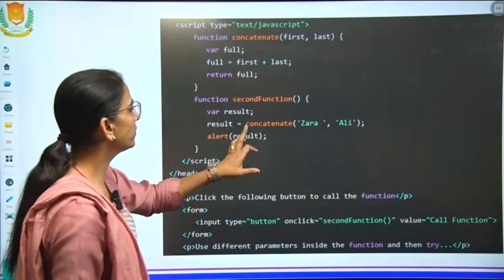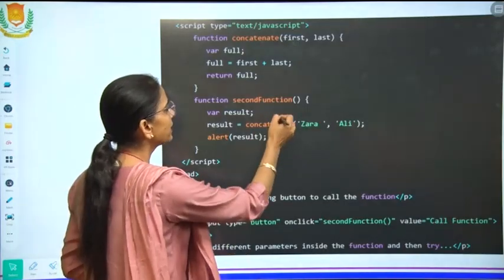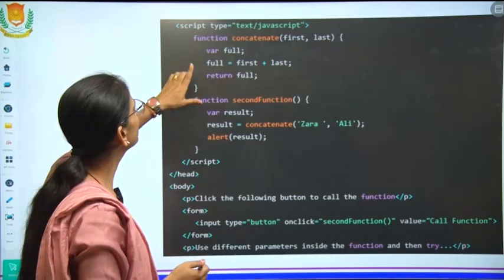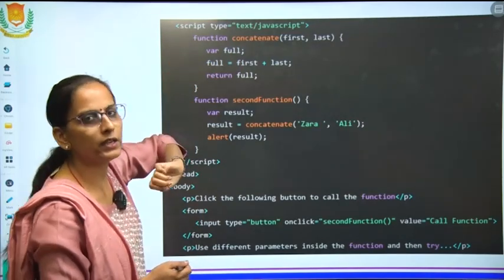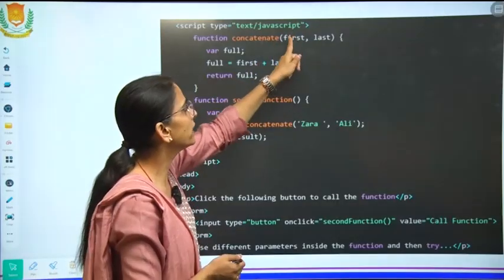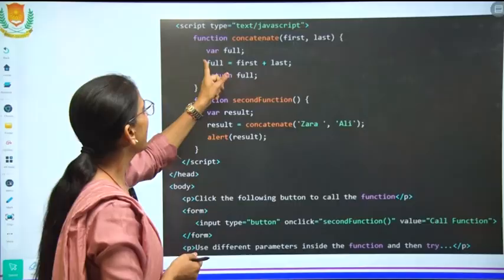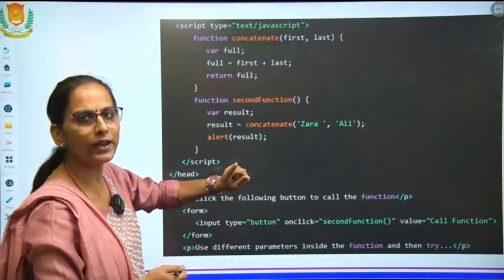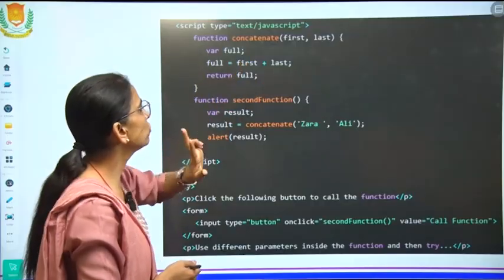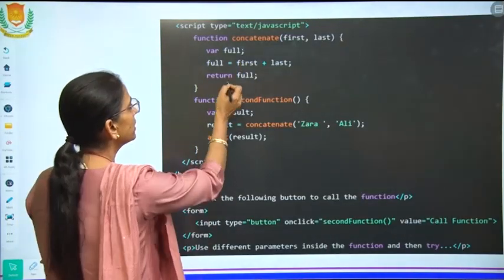Now we have taken an example and for that example we have created a second function. Two functions are there, one is the concatenation. In the concatenation function we have taken two variables, first and last. Full is a third variable which will hold the concatenation of these two strings, and we return full.